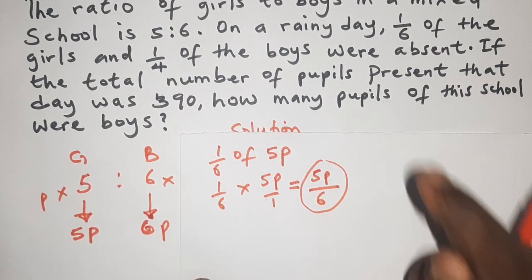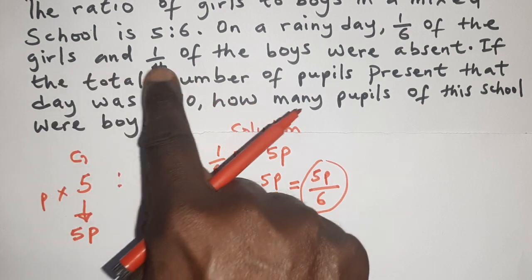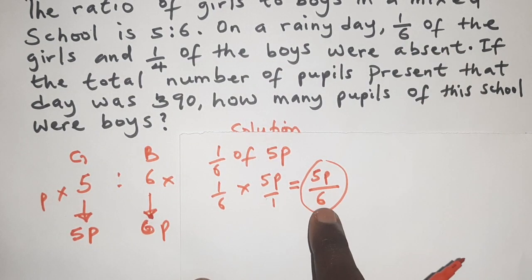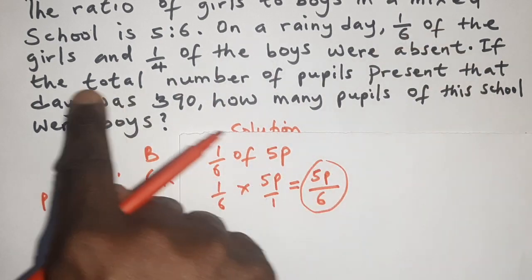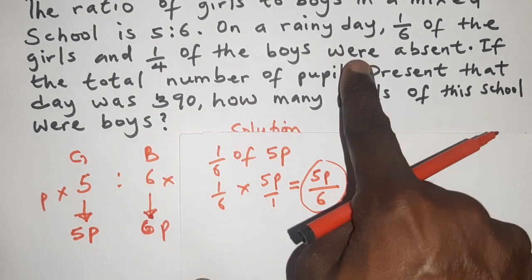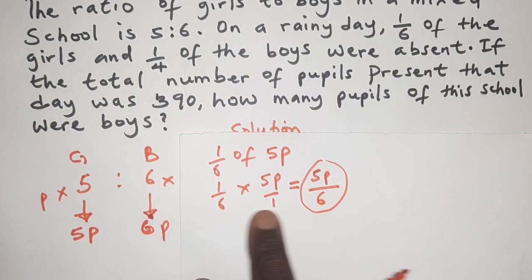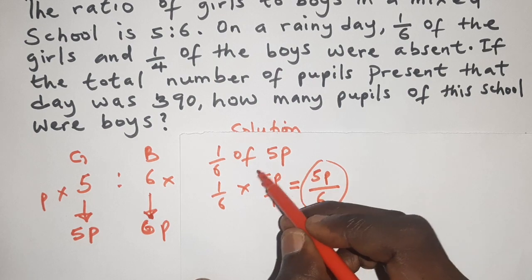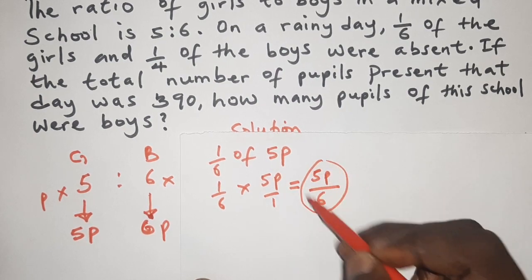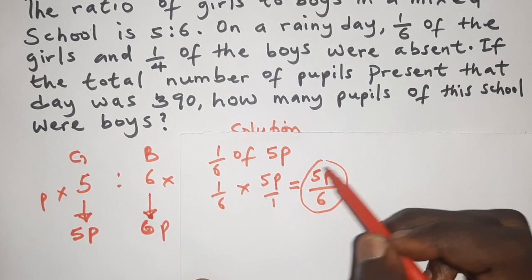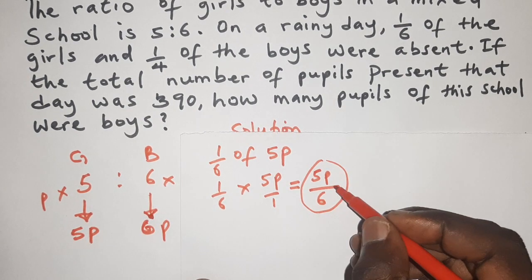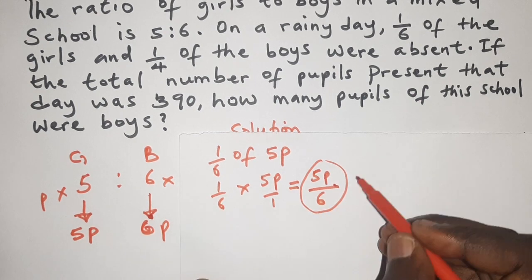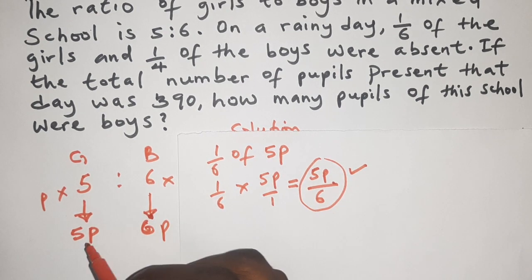So this is 1 over 6 of 5p. But they said 1 over 6 of the girls and 1 over 4 of the boys were absent. So I still have to remove this value from the original value 5p to know the ones that were present. This is the number that was absent, so I need to find the remaining by removing this one from the original value. So I'll just say 5p